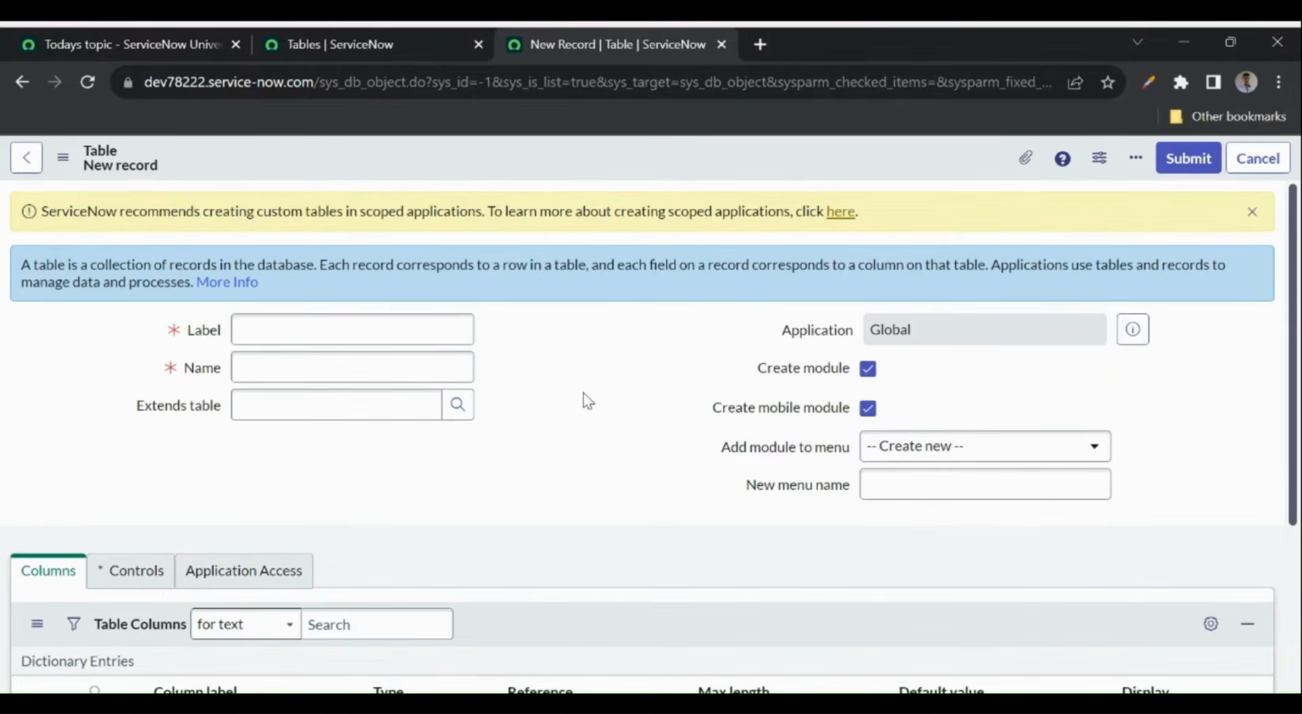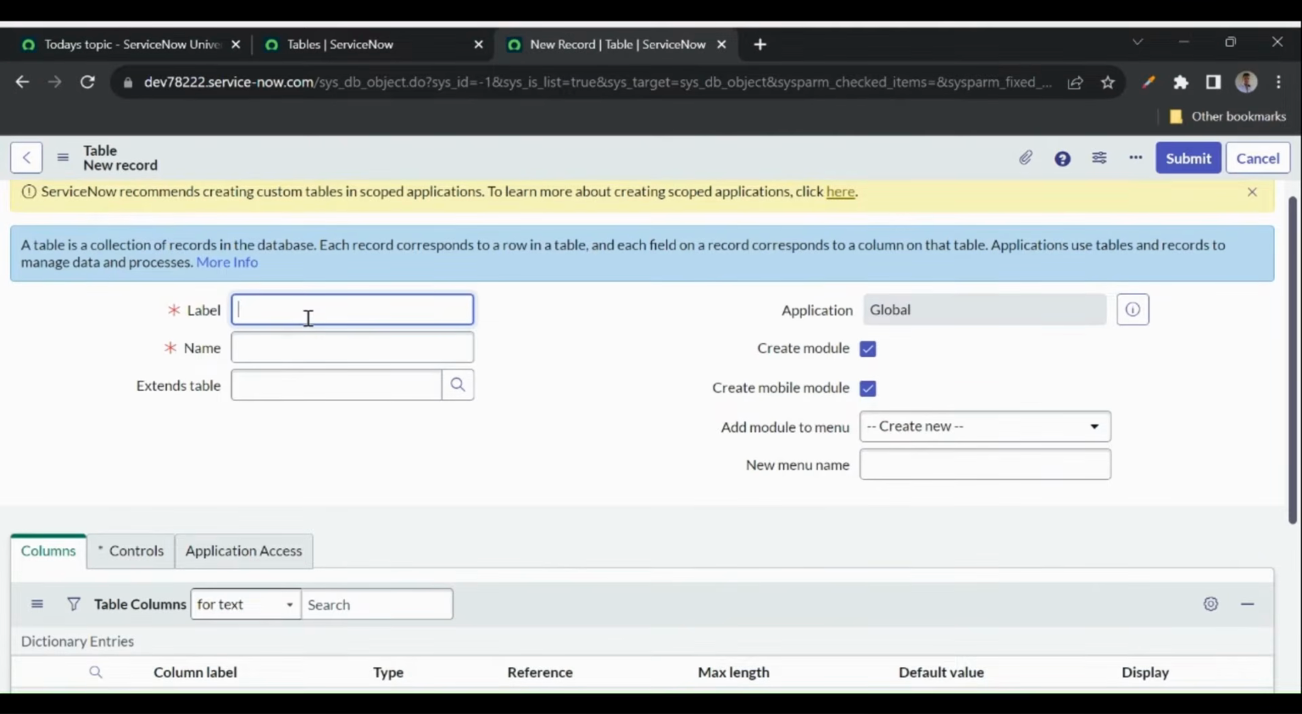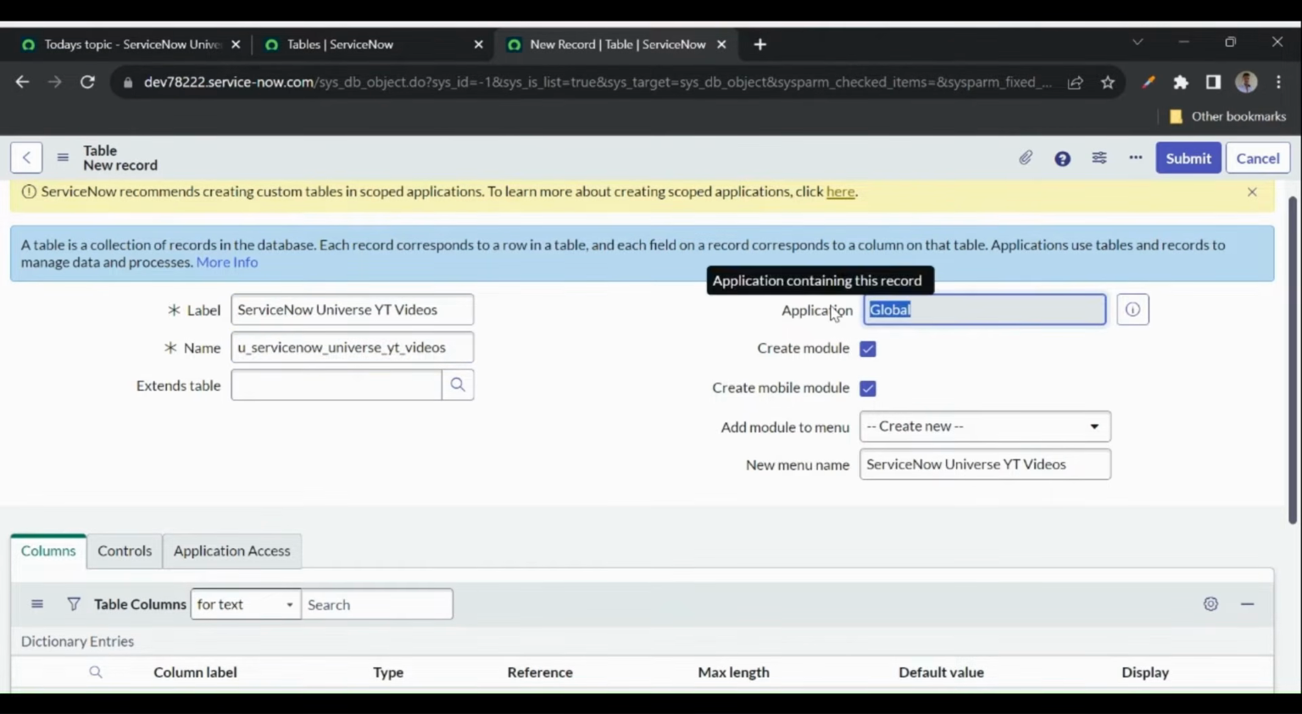Okay. Now let's give the name. I'll say ServiceNow Universe YouTube videos, just a random example. So when I give the label, it will populate the name automatically. When we are in the global application,